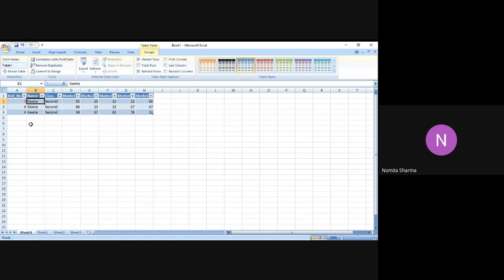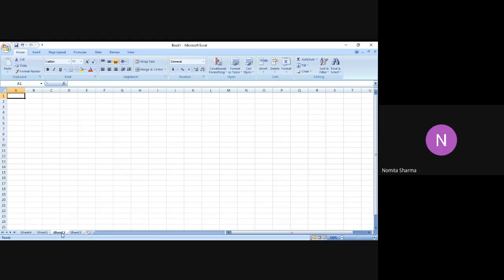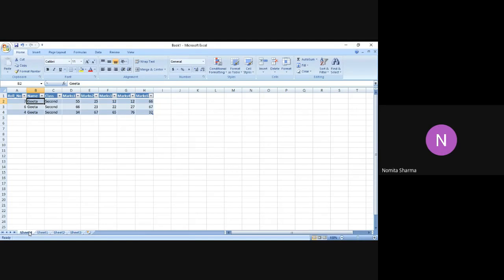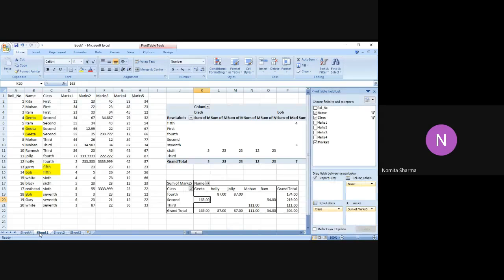So what it has done, I just go back to what I did. I can't delete that, so I will have to go back to my original sheet. Okay, so I have this table with me. What it did, I was in sheet one, but since sheet two and sheet three were already there, it gave a sheet four to me just ahead of sheet one.